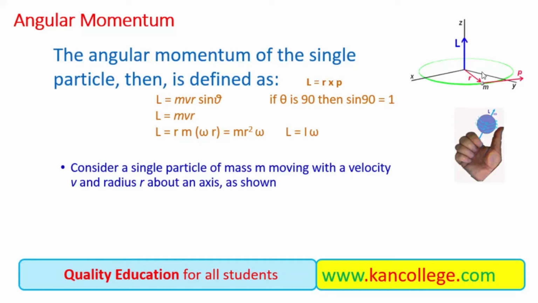Then the thumb will point in the direction of the resultant vector, the angular momentum vector. And you can see that if the body is rotating in the anti-clockwise direction, the angular momentum will be in the upward direction, as it is a convention made by the scientists that whenever a body is rotating in the anti-clockwise direction, the angular momentum will point in the upward direction to the plane. And similarly, if the body is rotating in the clockwise direction, the angular momentum will point in the downward direction.